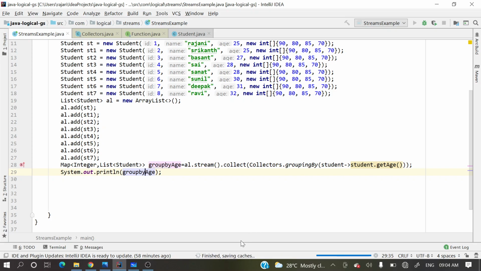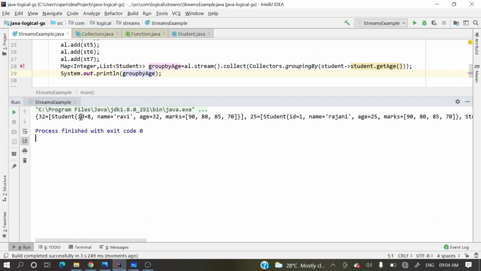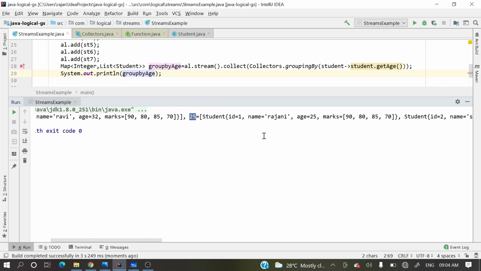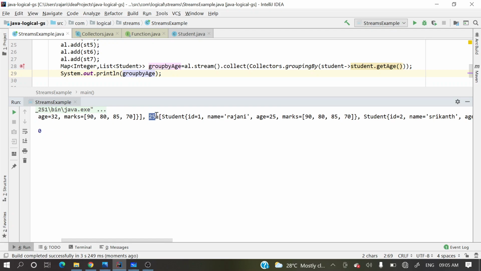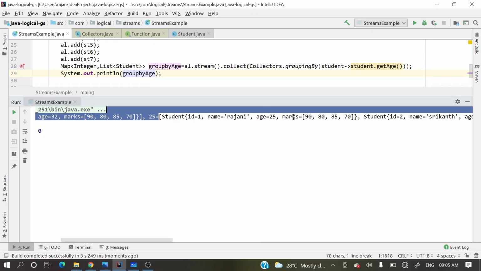Where is my console? It will appear, and we're going to see. Just see over here, the key is 32 and it has only one student. Now the key is 25 and how many students does it have? This list contains 2 students, right?